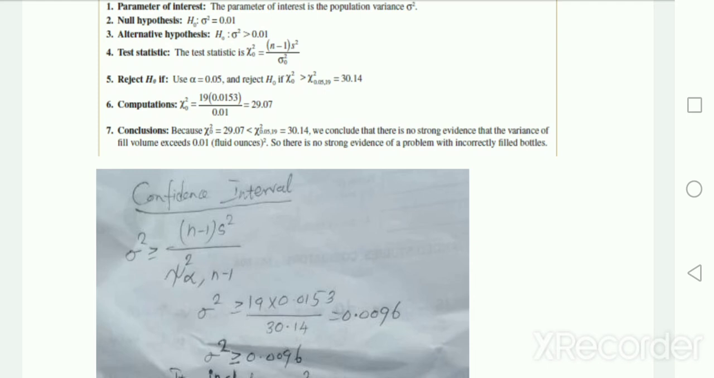So here we cannot reject the null hypothesis. Actually we accept the null hypothesis sigma squared is 0.01. But there is no evidence for sigma squared greater than 0.01. Maybe our sigma squared is equal to 0.01 or maybe smaller values. There is no evidence for sigma squared greater than 0.01, because we have to accept sigma squared is 0.01 or